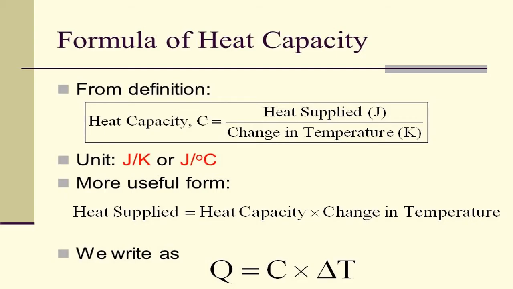Now, I said in the introduction part that heat transferred or heat supplied is equal to a constant into delta T. So heat transferred or heat supplied, heat Q, is equal to constant C into delta T. You can take this as a small q or a capital Q. Normally small q is taken here. So Q equals C into delta T. What is this C? This is the heat capacity. Delta T is the change in temperature, how much rise is there. So Q is the heat supplied or heat transferred.